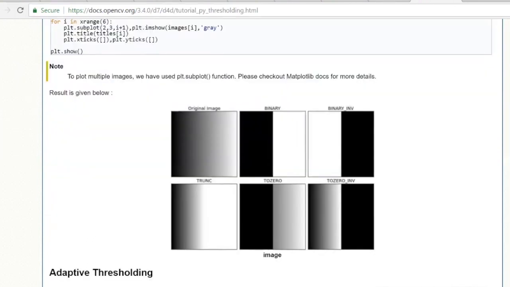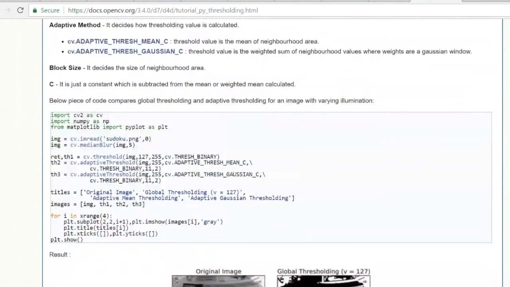And they have also given us an example of output. This is the binary threshold. You either have black or white. This is the inverted binary. Over here, they have more of a gradient function. So instead of just having black and white, you also have a gray scale almost. And then again, there are 2 different variations of this as well. And then you have the adaptive threshold over here as well.